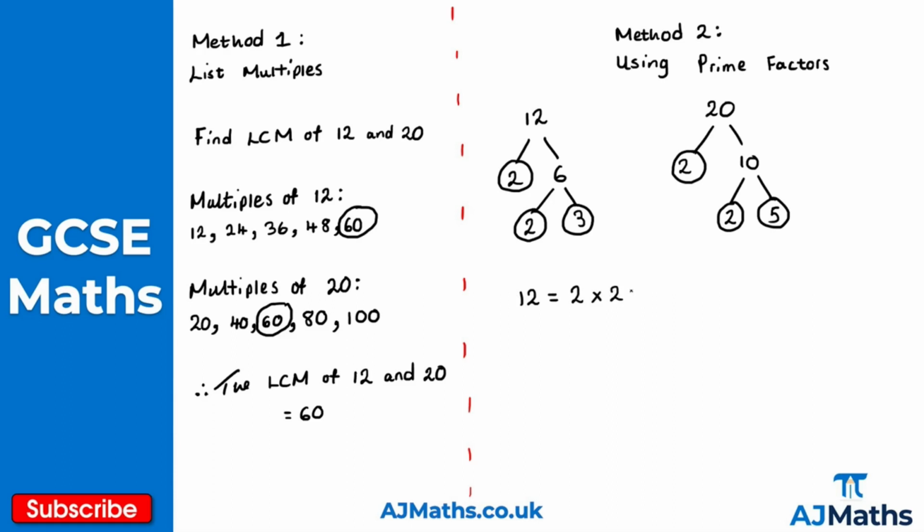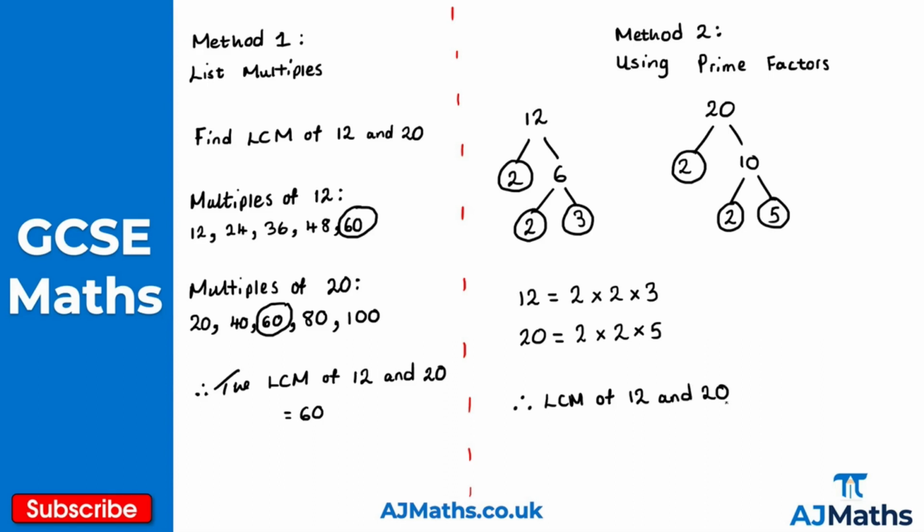So 2 times 2 times 3. And then for 20, we've got 2 times 2 times 5. When we're using method 2 for the lowest common multiple, the LCM, what we do is multiply the prime factors for 12 and 20, but we have to be slightly careful. So for the LCM of 12 and 20,